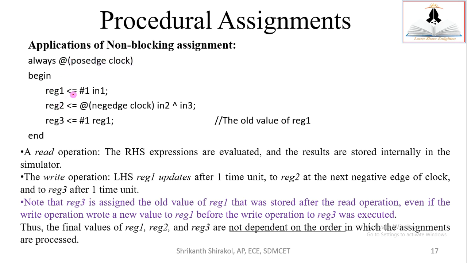When this is executing, all these start a race. In the race, this is not delay based. This is not at all delay based because it is event based. Event based means whenever the negative edge of the clock appears, only then will the RHS be assigned to the LHS. Fine. On top of these two things, this is also #1, this is also #1. So what happens?